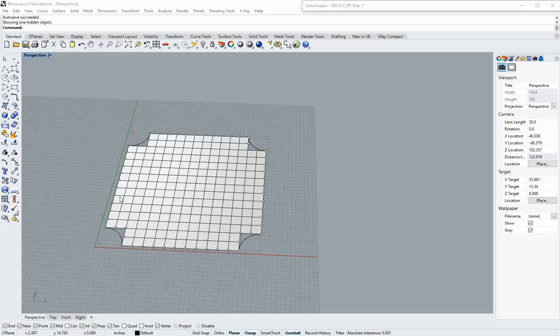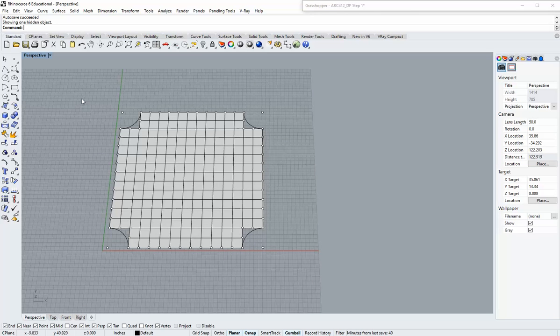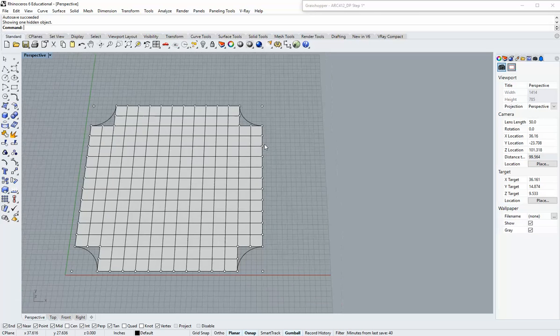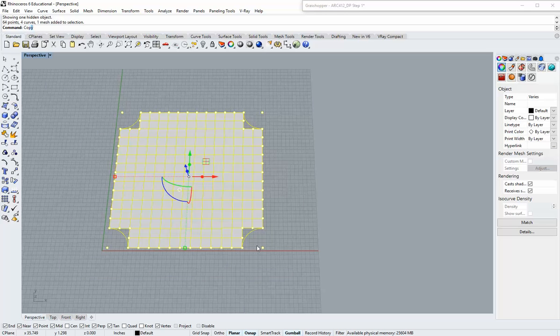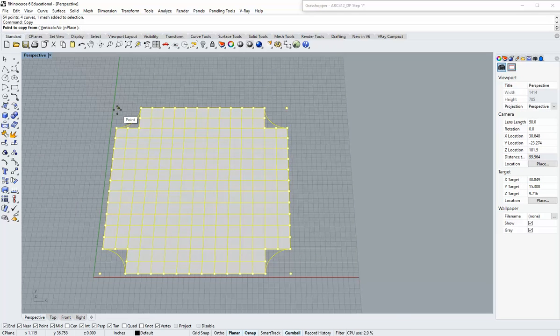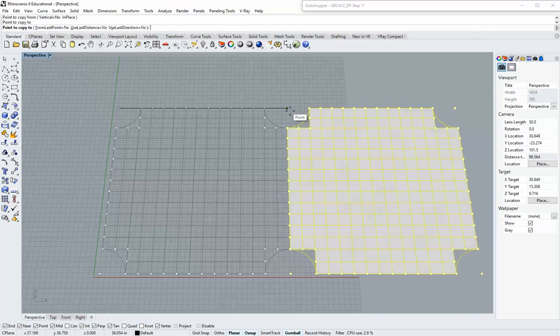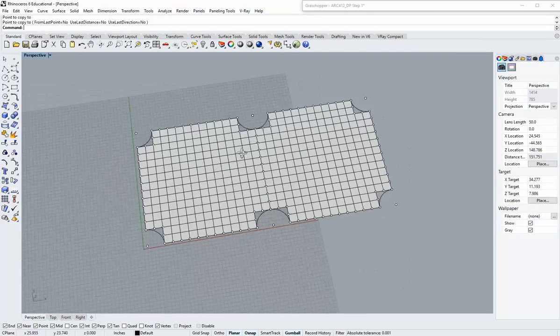So the next step is relatively straightforward. We're just going to make a copy of the stuff we have here. I'm going to take all that and copy it from that corner point to this corner point, thereby extending our base mesh to